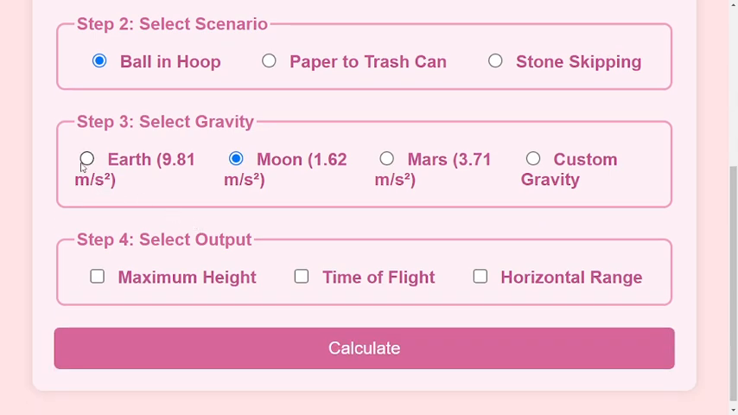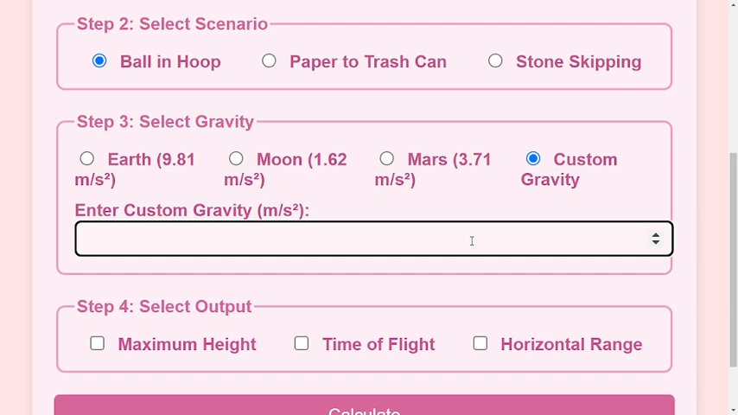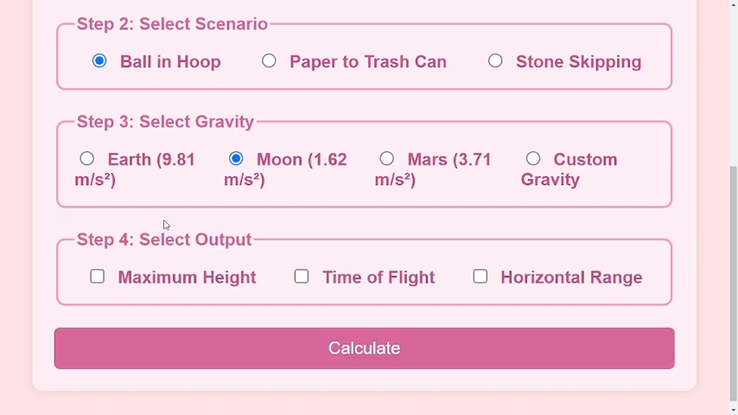Next, same with gravity, I've used radio buttons for Earth, Moon, Mars, because this is a constant value in the equation. But my favorite part is the custom gravity, because they can choose a custom gravity, so this makes the form more interactive and dynamic. And I've used radio buttons for both because they can only choose one scenario and they can only choose one